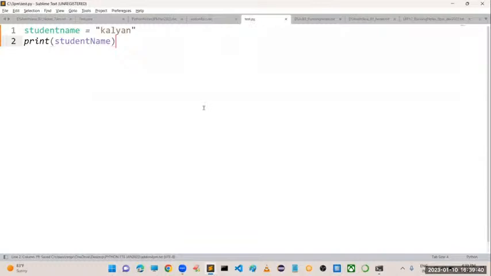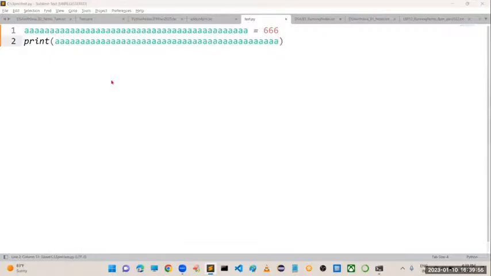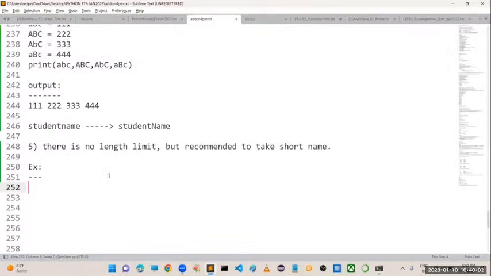That's why it is never recommended to take names like this. Example, if I have a variable like this, it is never recommended to take such a type of name. Even if you try to take it, we will get the output, but variable names of this much length are never recommended in coding, since they reduce the readability of the program.